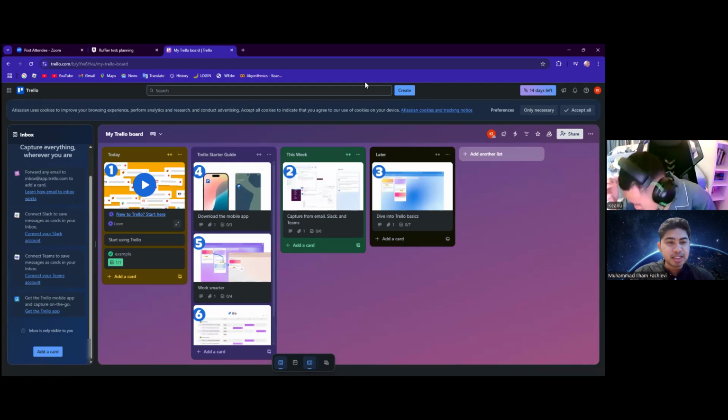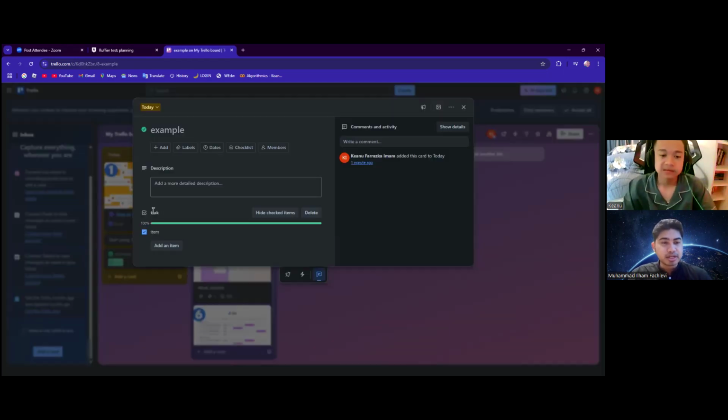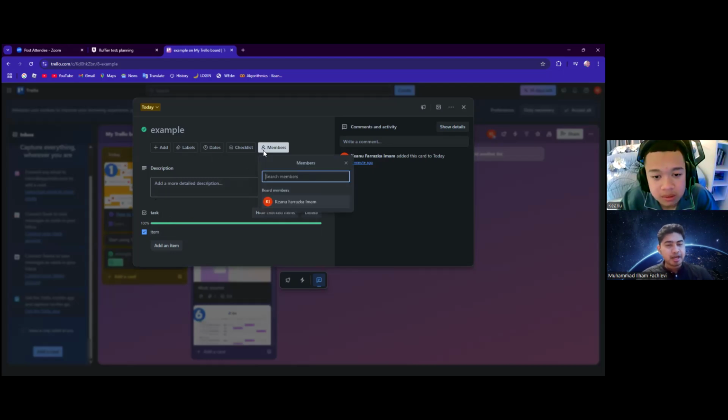Okay. So also, can you go again to the Trello example card? So I want to introduce you to sharing. So basically, we can also do some projects together. Just click the members beside the checklist. Click the members. Beside that, there's the checklist, right? And beside that, we have the members.